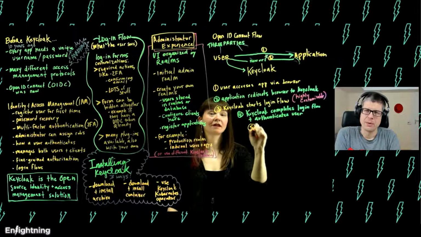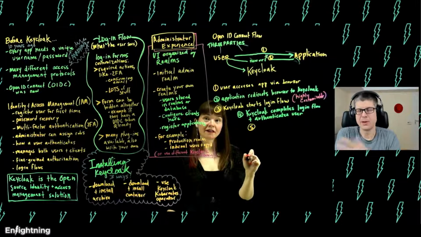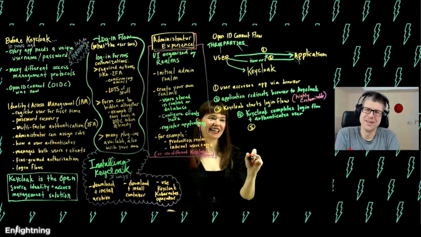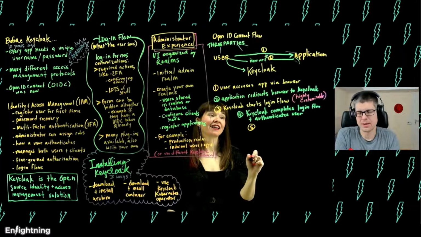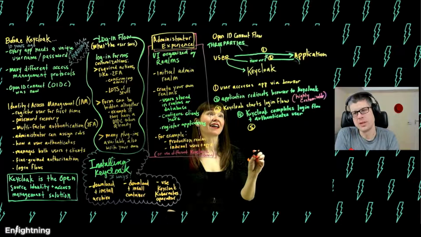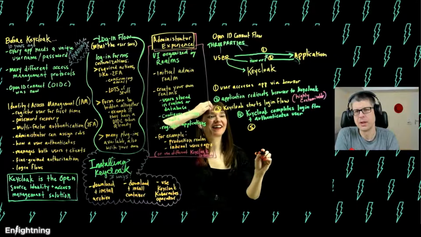And then the application can in the final step say, okay, oh, you're back. What took you so long? And then it sees that the code is there, and it also sees that this one-time thing that it sent in earlier is also there, so it's all safe. And it will then take the code and send it to Keycloak. So now there's a direct communication between the application and Keycloak.